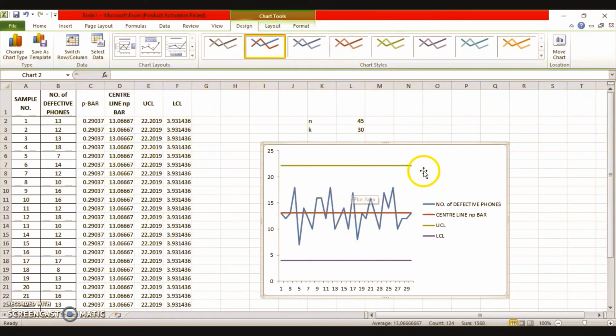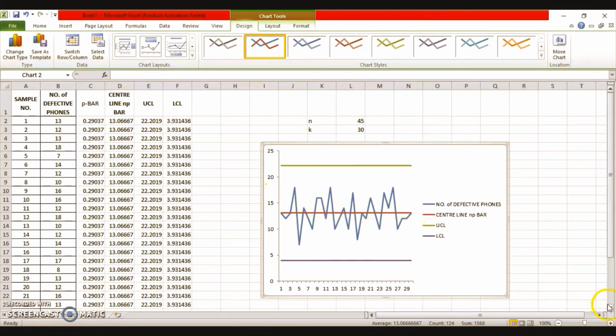We can very conveniently state that for the given problem of constructing an NP chart, we have not a single discarded sample point. All the sample points are in control. The process is in statistical control.